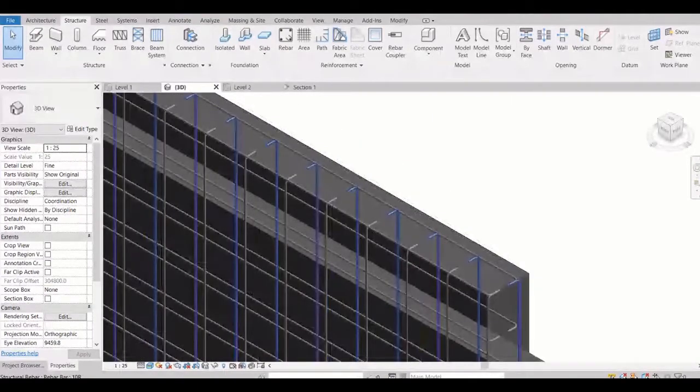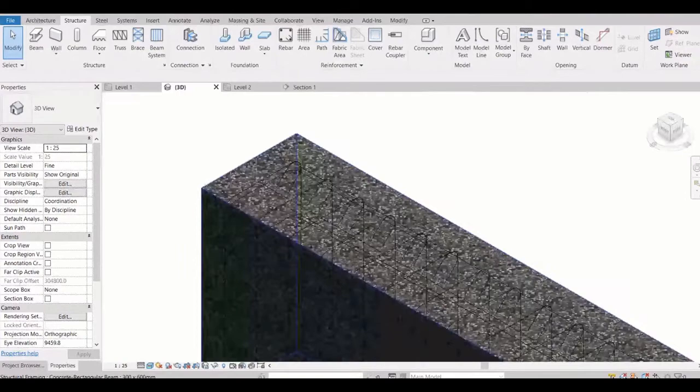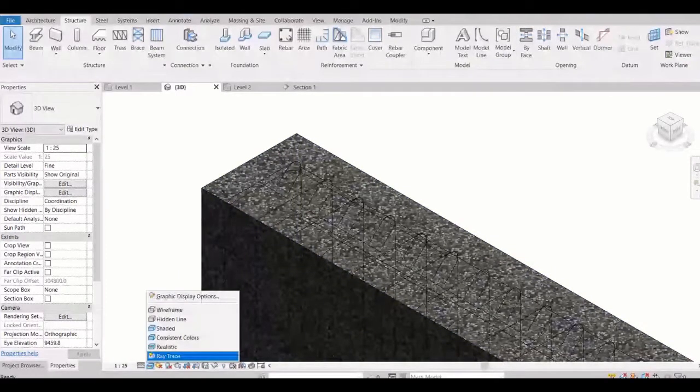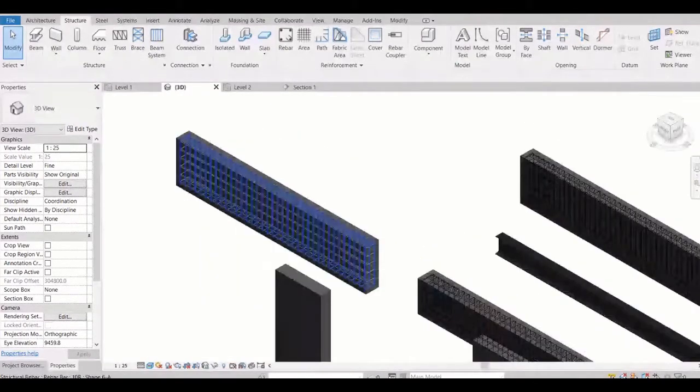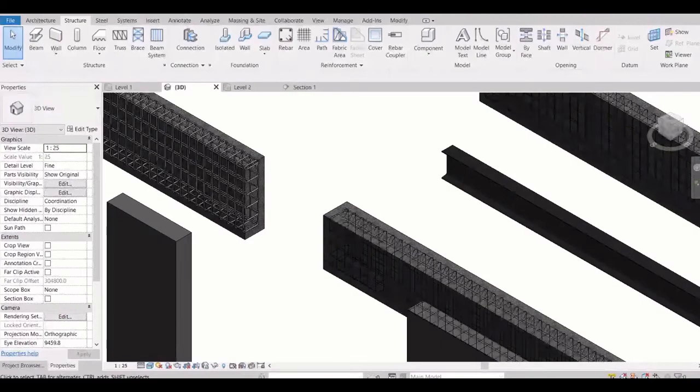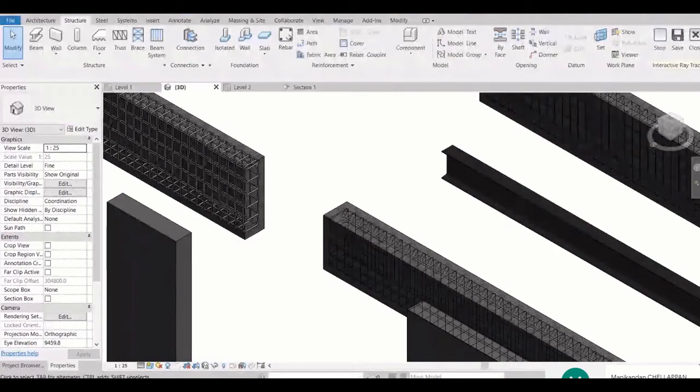So for concrete you will see, right? And then this is for ray. If you want to create any rendition of any project or any view, or you just stay in 3D, it will just start rendition.